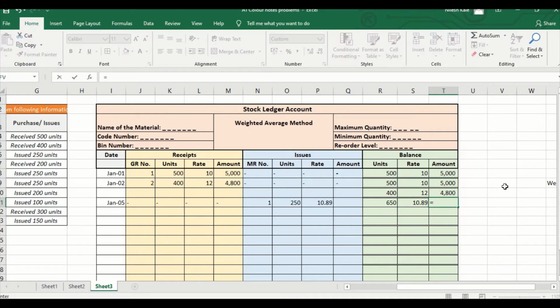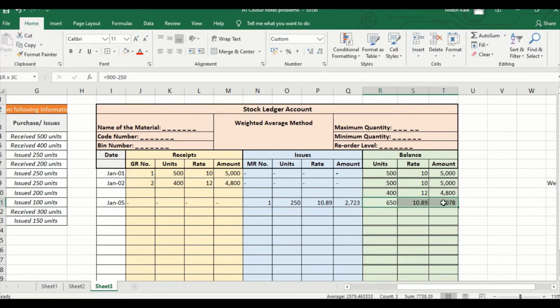Now what is the balance? 9800 minus the amount. I did not calculate it, I'm sorry. I will calculate it now. 250 into 10.89. Have I got the answer? Yes. Can you see this here in the formula tab? 9800 minus Q11. This is the Q11 tab. I need not search anymore.